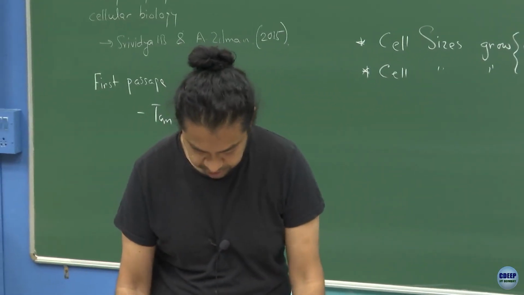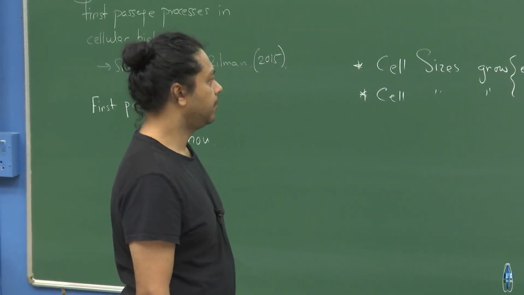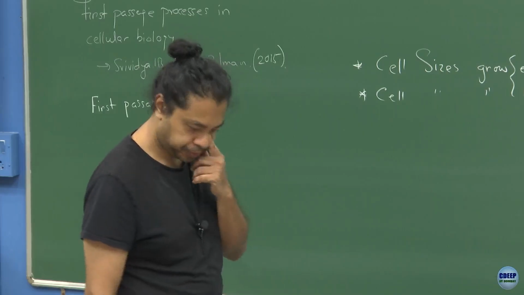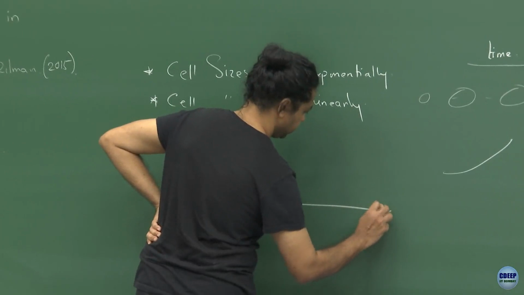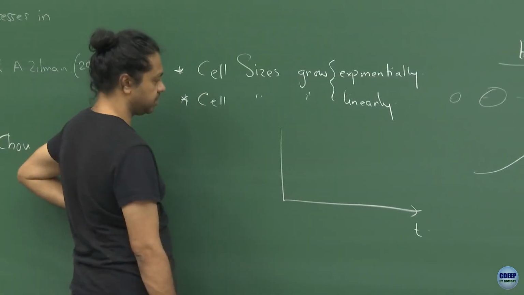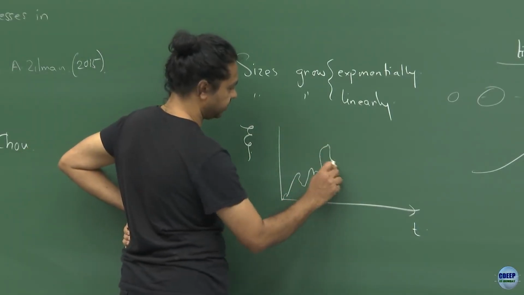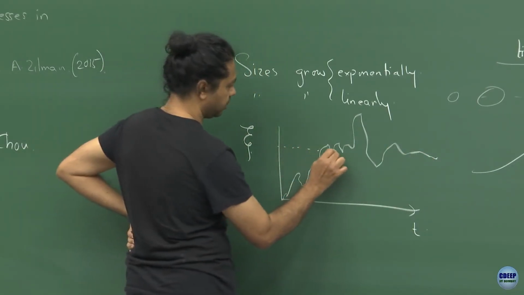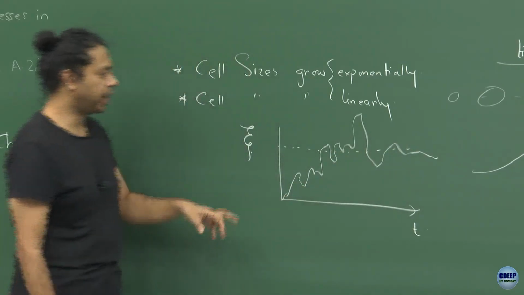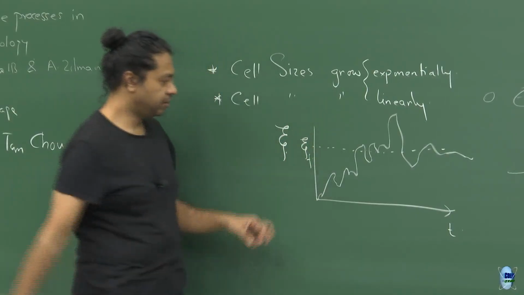Now, one of the good things about this process is that in general, of course, when you have a stochastic process, so let us say I have some general stochastic process as a function of time xi, right. You will have, like we discussed, trajectories, let us say something like this, and in principle you are thinking about when does it cross a certain specified value xi f,